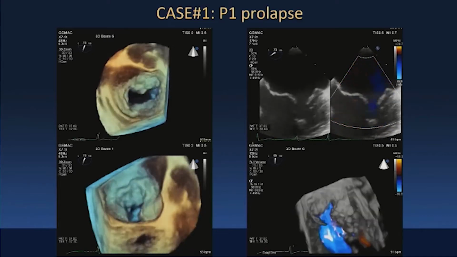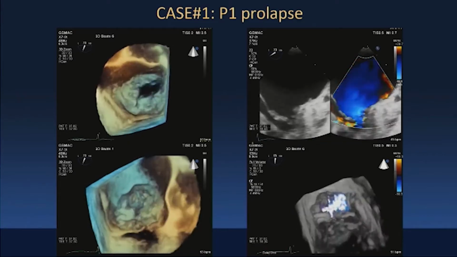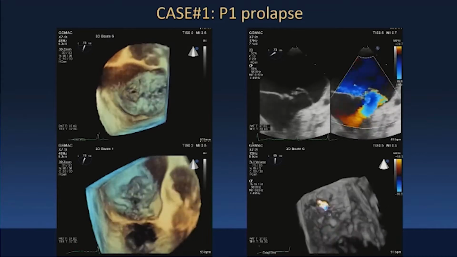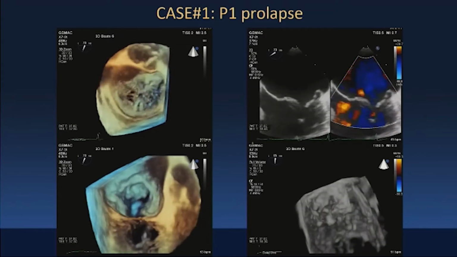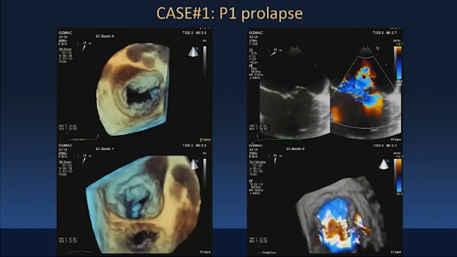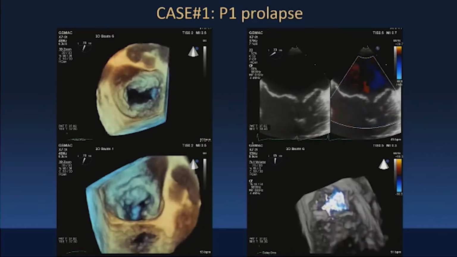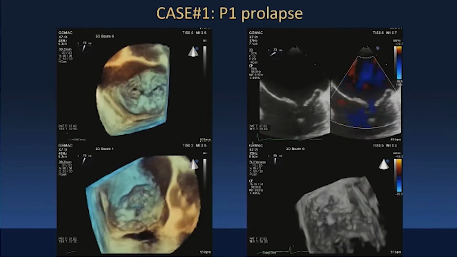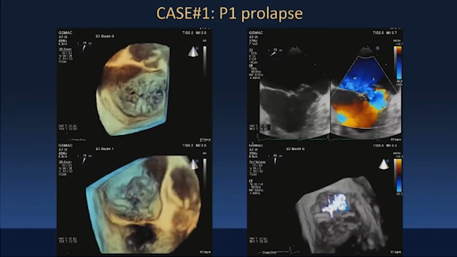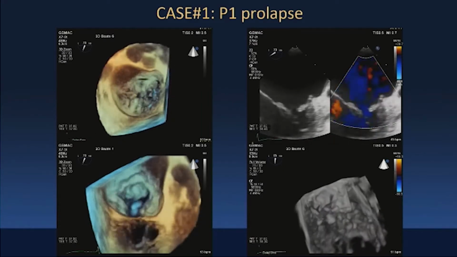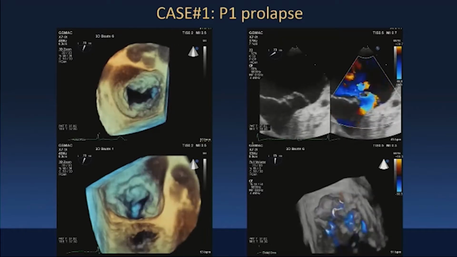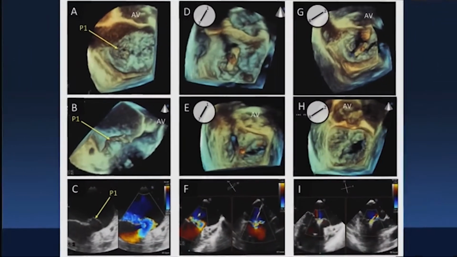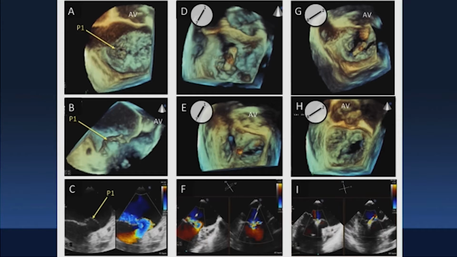Next, there's a P1 prolapse here I wanted to bring to your attention, again using a comprehensive 3D as well as 2D assessment to set ourselves up for success. And that's critically important. The left lower image shows the view from the posteromedial commissure into the anterolateral commissure, really looking into the defect. And once you've understood the pathology, you can set up your mitral valve repair with a MitraClip in a much more